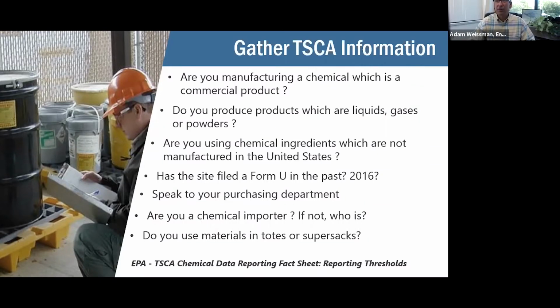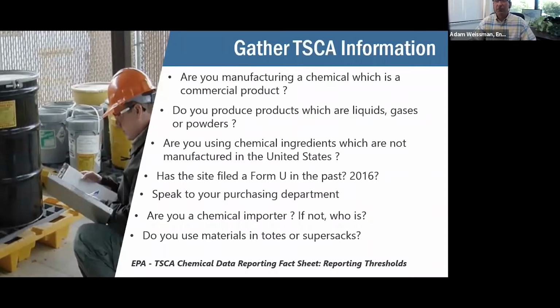Speak to your purchasing department. They know where they're getting chemicals. And again, you're leaning in the direction of imported material. So is the purchasing department getting materials, chemicals from a non-U.S. source supplier?